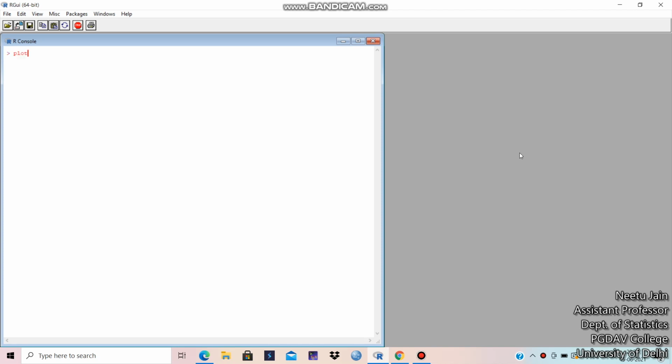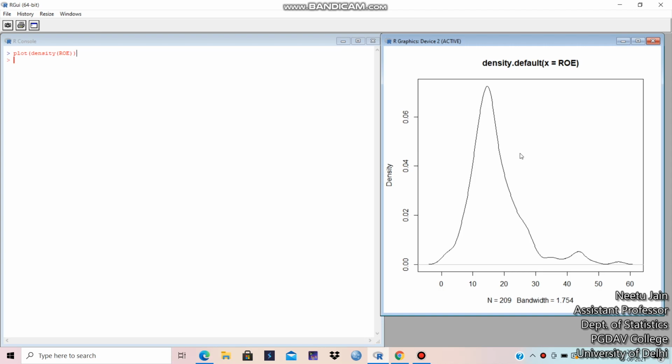Let's write plot, within parenthesis, density and the variable name ROE. This is the plot of the density function of the variable ROE, return on equity, from the data set CO cell 1.